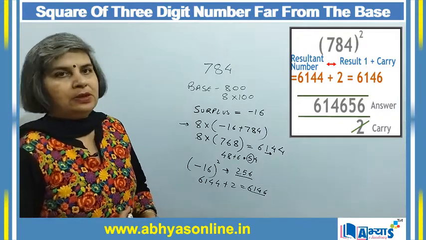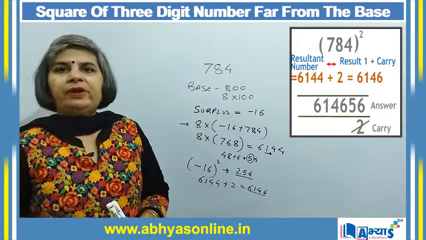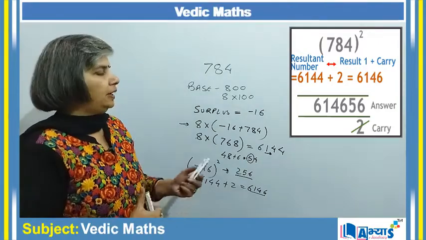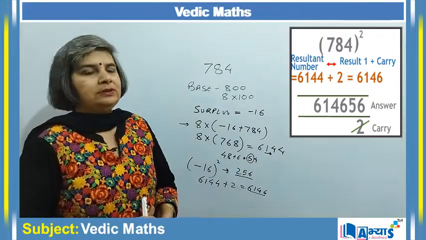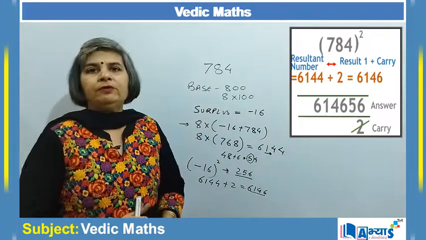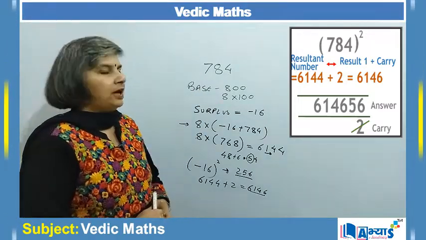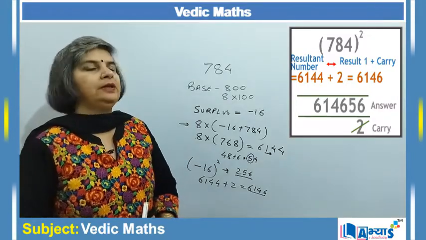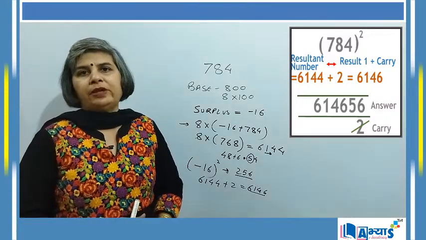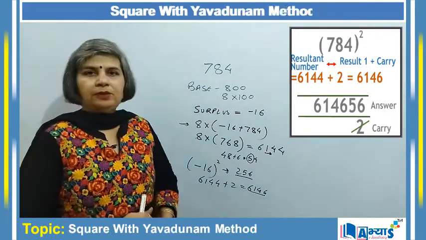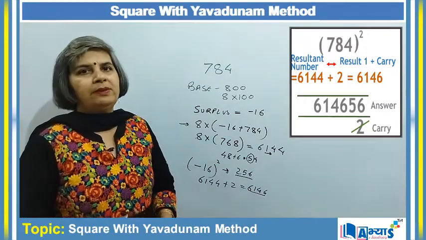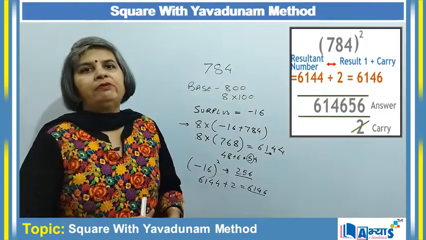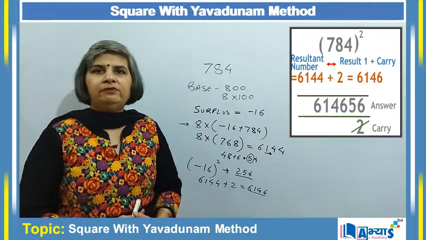Now you can see that whenever I am sitting in a competitive exam, and I get a question in which at some stage I have to find the square of a 3-digit number, for example the square of 784, and I use the normal technique of finding the square, it will take a lot of time. And you know that in the competitive exams the time is always short, and if we use the normal method of finding the square, a lot of time will be wasted.